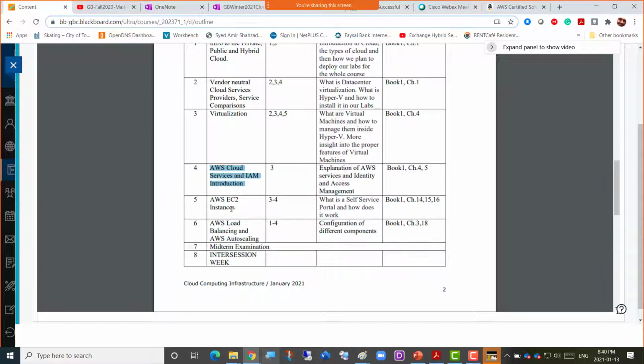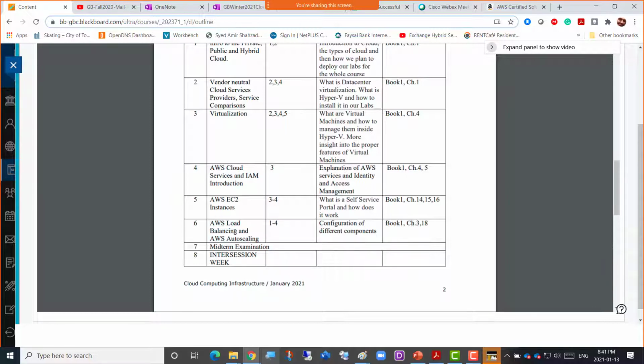Then the EC2 is a long list of labs there as well. What is EC2? It's a virtual machine, Elastic Compute Cloud. So EC2, or there are two C's there, ECC or EC2. Elastic Compute Cloud just means virtual machine. So how does an AWS virtual machine really work? And there are lots and lots of services there that I'm going to introduce to you. And there is AWS load balancing and AWS auto scaling there. We're going to talk about that as well.